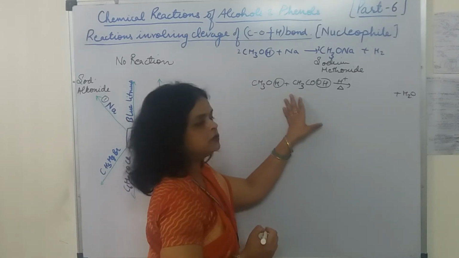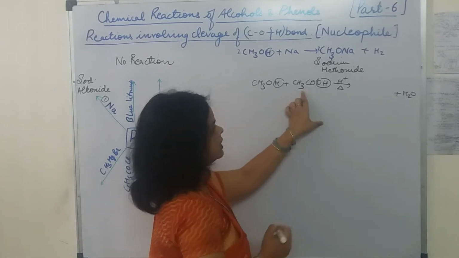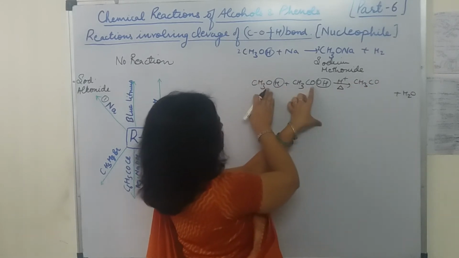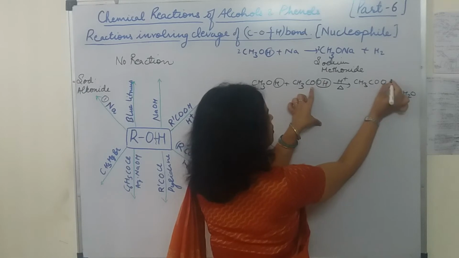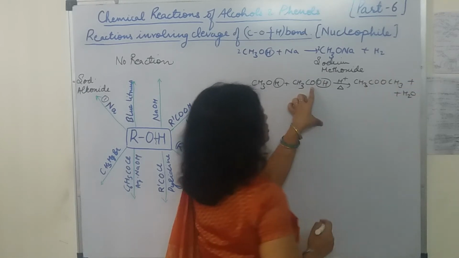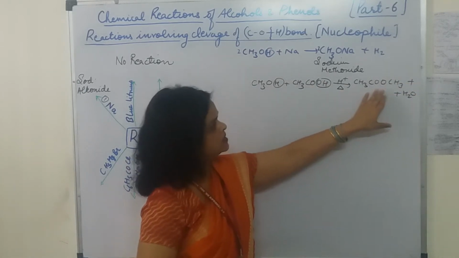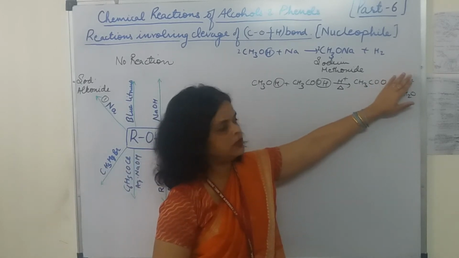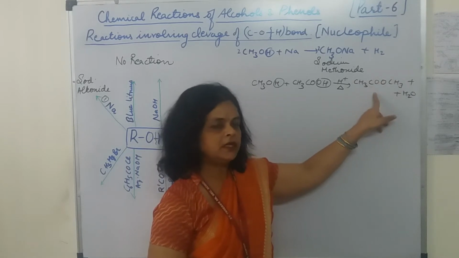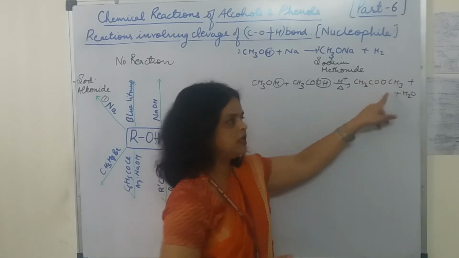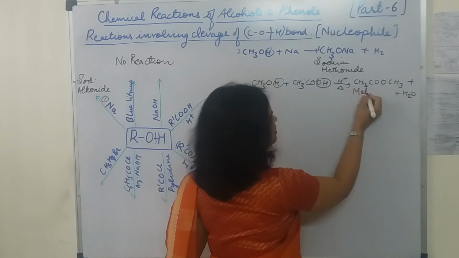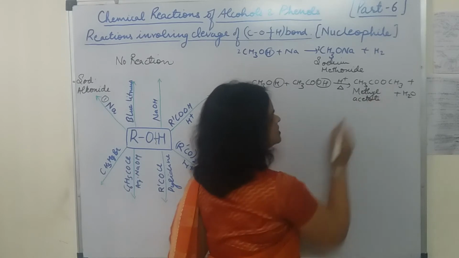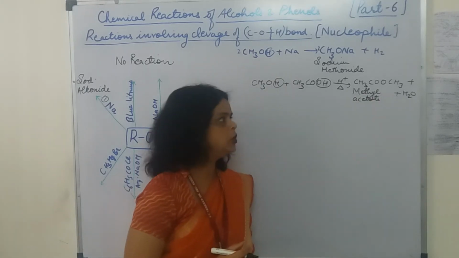And how will you write down the structure of the product, students? Start from the carboxylic part, CH3CO, and then you will take this O from alcohol, OCH3. So here we are getting an ester, and what is the name of this ester? Methyl acetate. If CH3 is not there and H is there, then it is acetic acid, and H is replaced by methyl, so its name will be methyl acetate. And if you have to write its IUPAC name, then it will be methyl ethanoate.